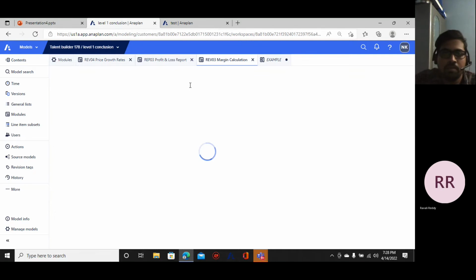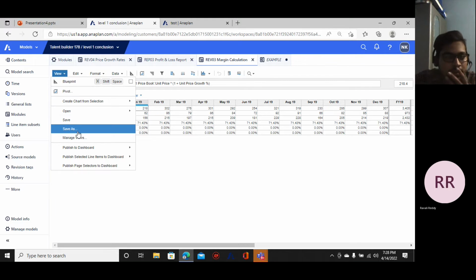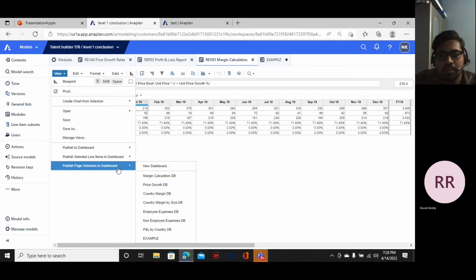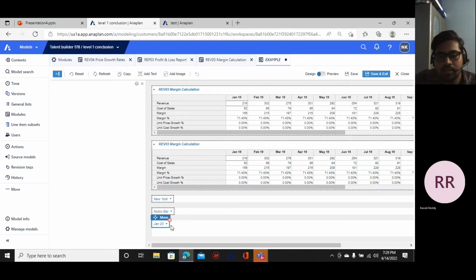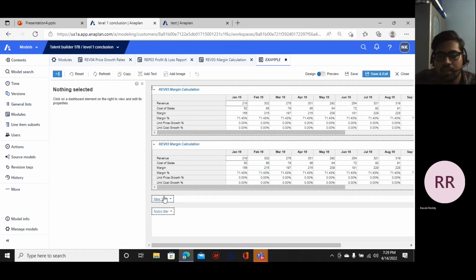Now let me go to the module and show the process of how to add the page selectors. If we go to the views, here we can see the page selectors to show. Now let me delete the page selectors. Time is not needed. Why? Because it is shown in a column. So now only the country and the